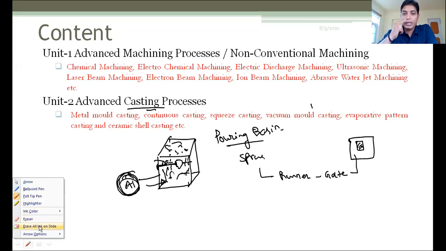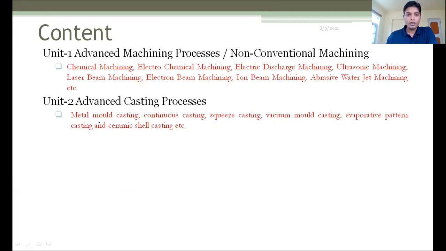Also, you have studied the basic casting operations, like centrifugal casting, slush casting, and investment casting operations. So here, if we talk about metal mold casting or continuous casting, these are nothing but similar processes to